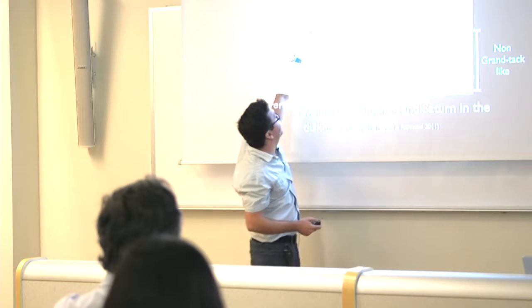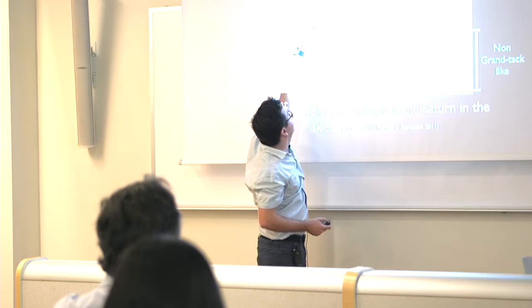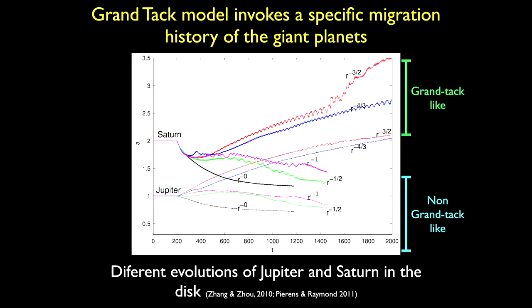So you can compare the pairs of colors. For example, if you compare the heat for Saturn and the heat for Jupiter, you can see that we have a disk with a given profile. I'm not going into details here. For this disk, both planets can migrate outwards. That's what it shows. But if you change the slope of the disk to be R to the minus 4 over 3,